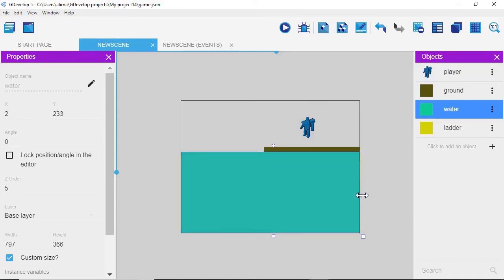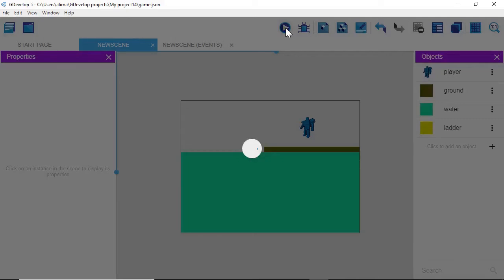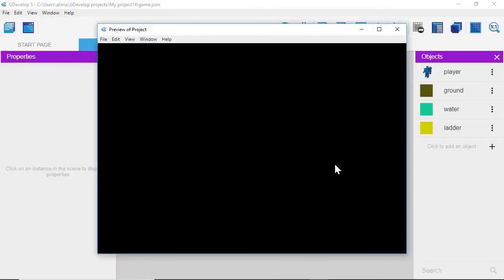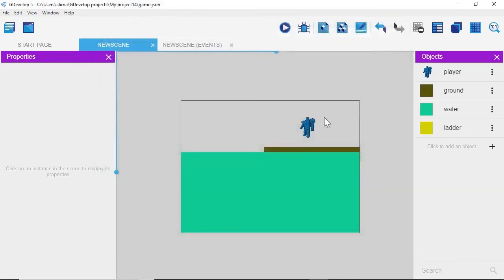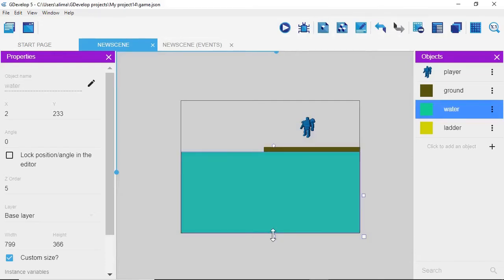Okay, what I wanted to show you was when I click the preview button, when the player goes in the water, you can't see the player. Generally, the player is covered up. So what we want to do is deal with that. So we're going to